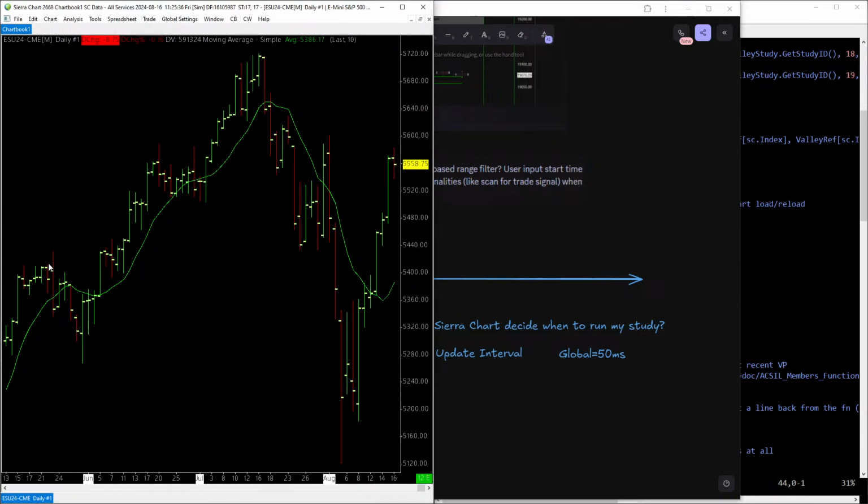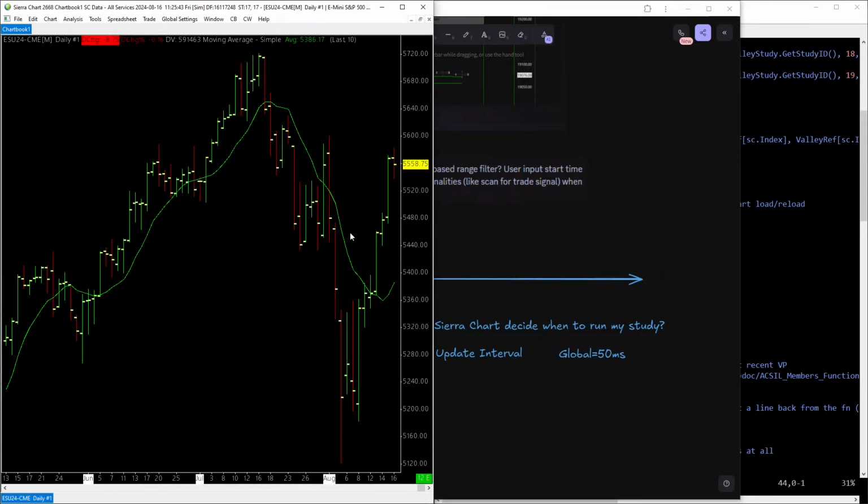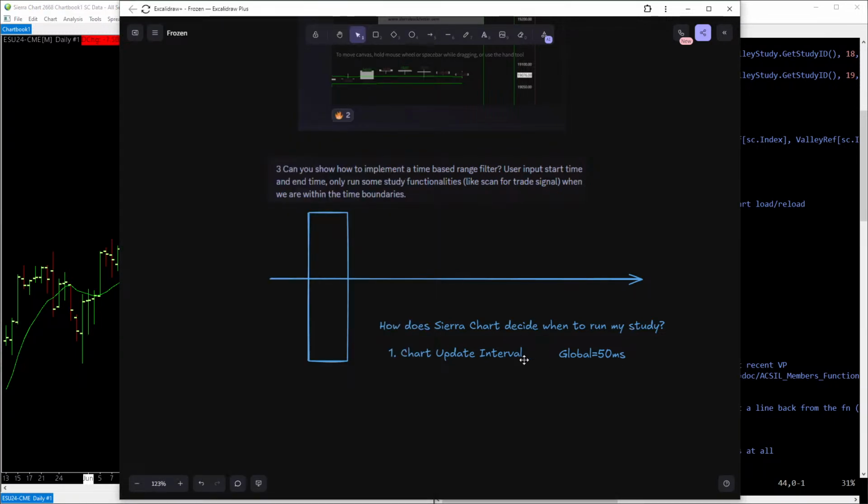And by do them, I mean process them and run the code that you had in your studies. So if you have an SMA, or if you have a custom ACSIL study that you built or that you got from someone else, that is the rate that is going to control that. The second thing you can do